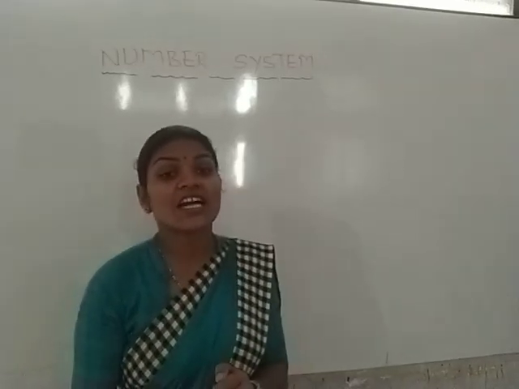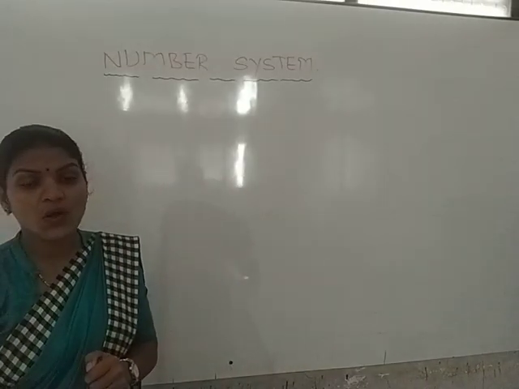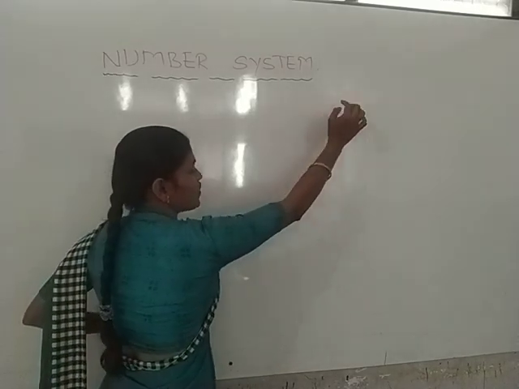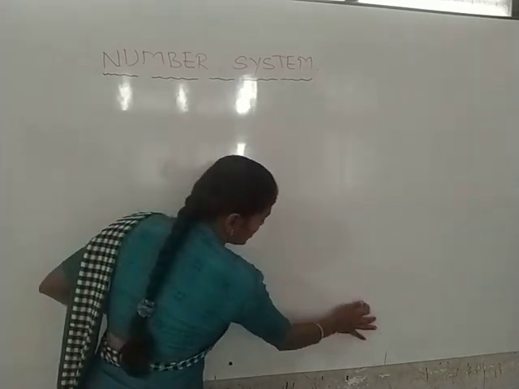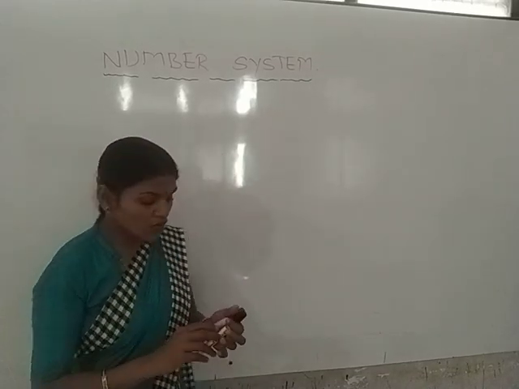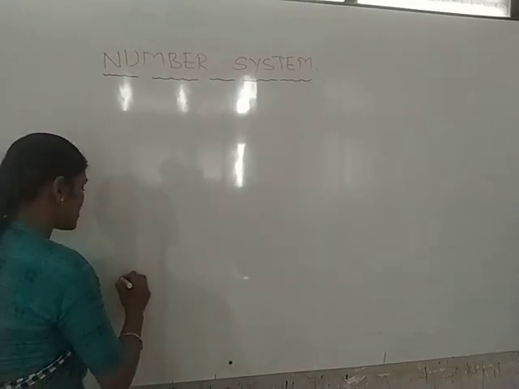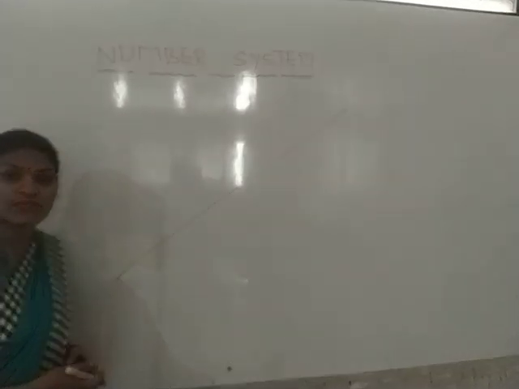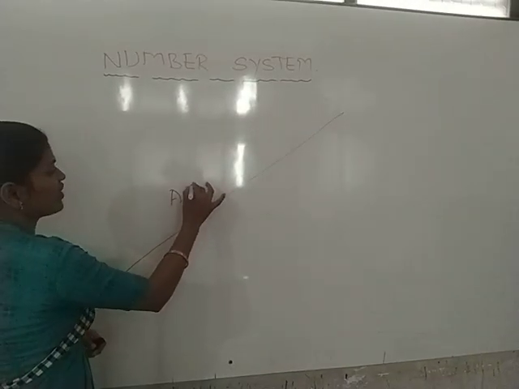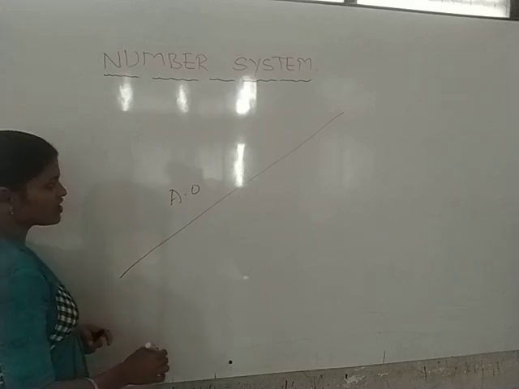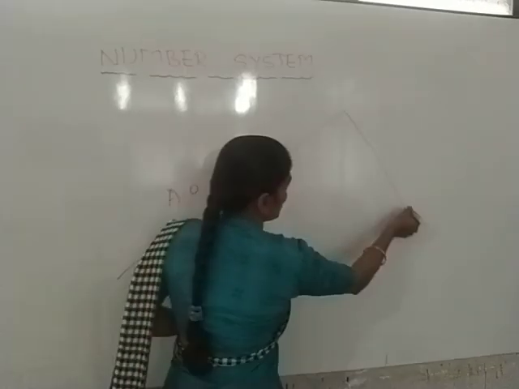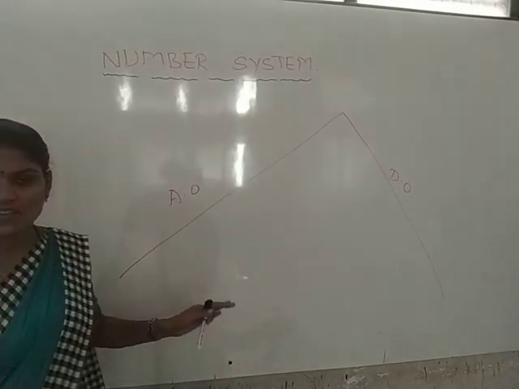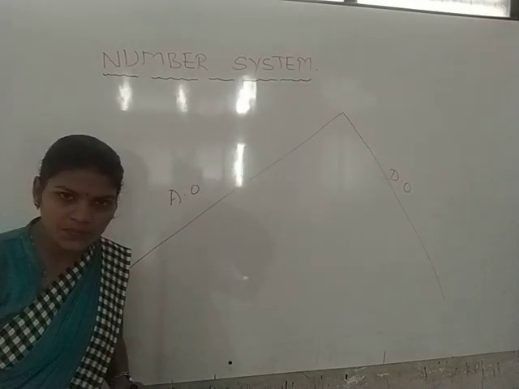Number, about the arrangement of the numbers. How to arrange the numbers from smaller to greater, from greater to smaller. Then what are we calling the arrangement of the numbers from smaller to greater? It is what? Ascending order. If you are arranging the numbers from greater to smaller, it is what? Descending order. Yes, these two orders we understood.